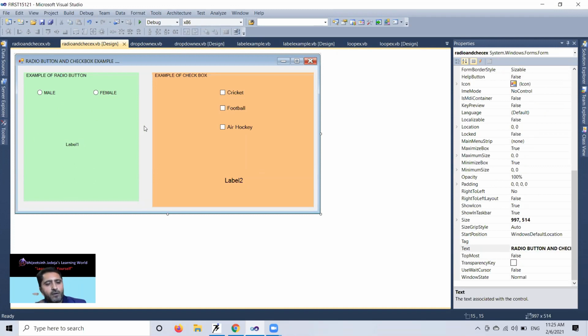Before I move to the coding, it is necessary to revise the events of VB.NET that we have learned. Form load event, done. Button click event, done. Text box got focus event, done. Text box lost focus event, done.